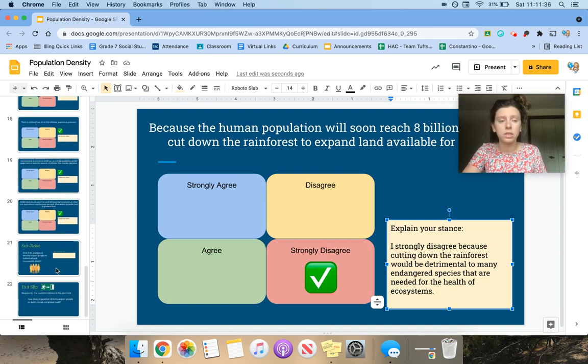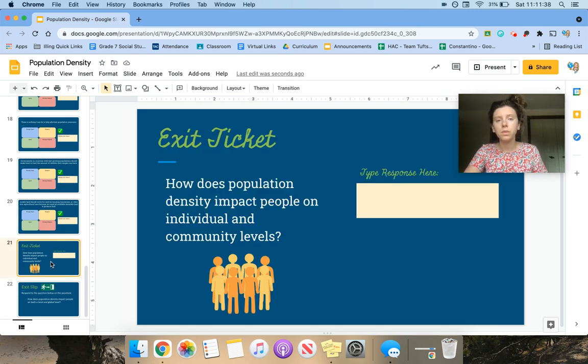And then the last thing for today is a little exit ticket. How does population density impact people on individual and community levels? So I'm asking you,